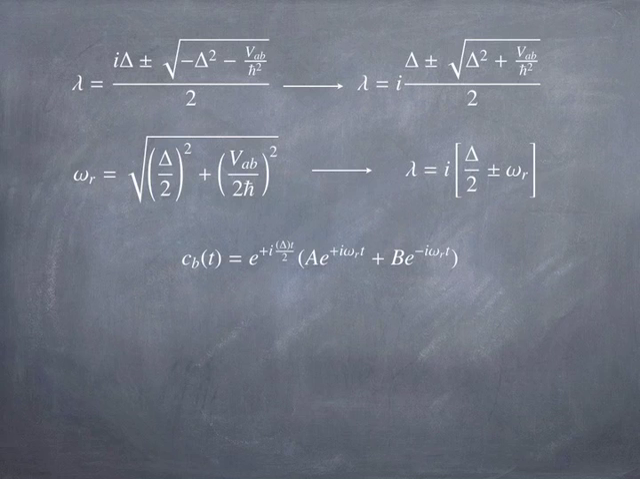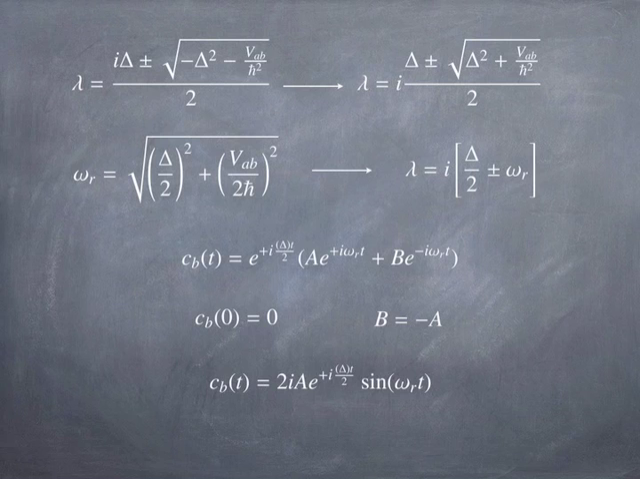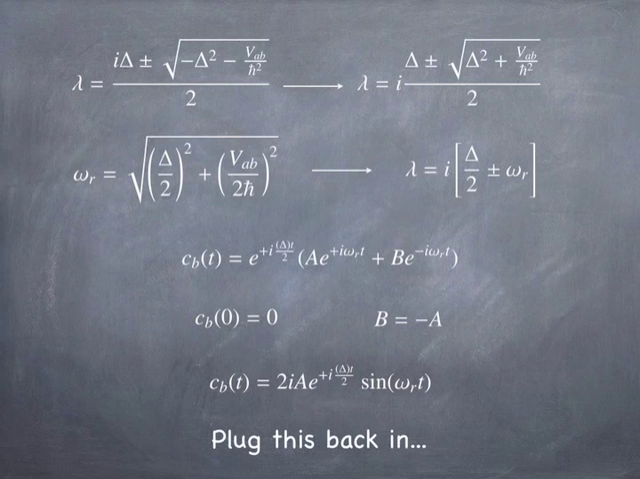But we also have to remember that the initial condition was that CB was 0, which means that A and B can't just be anything, but in fact B has to be negative A, because when you plug in t equals 0, the whole thing has to add up to nothing. And the only way you can do that is if B is equal to negative A. So I can rewrite the e to the plus i omega r t minus e to the minus i omega r t as a sine function, and get rid of the B since it's only minus A, and I get a simple expression which I can plug back in